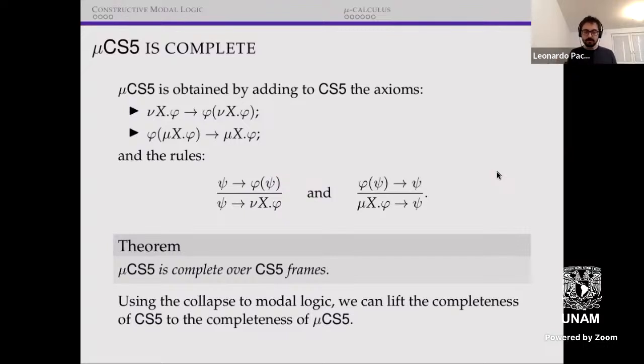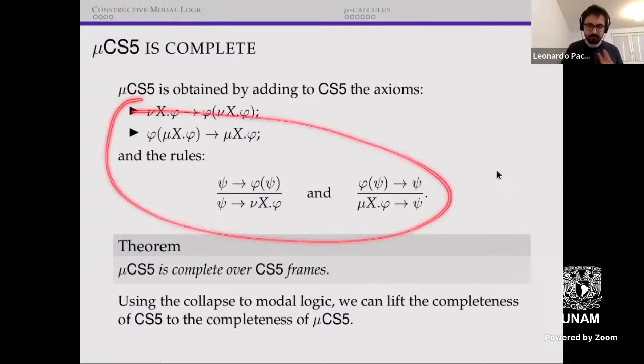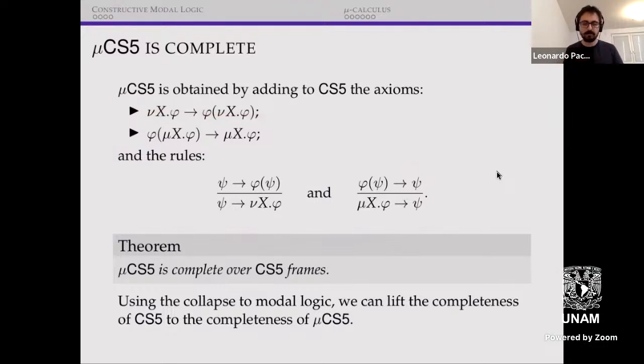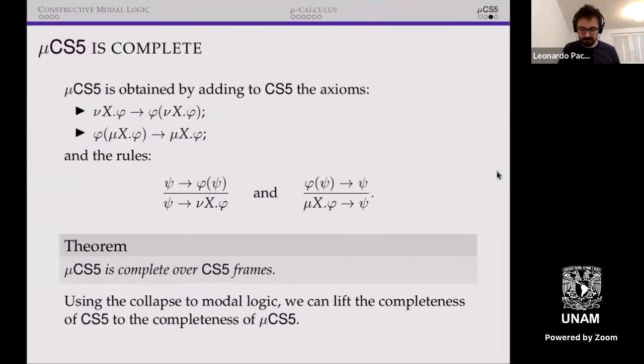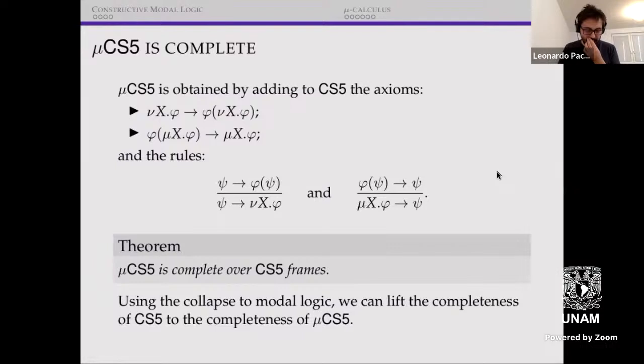And the completeness for CS5. Then we have this equivalence in the system, and then we can use these axioms and rules, with these equivalences, to throw away the fixed point operators. So honestly, this system is not that interesting from this point of view, but we get this elimination,